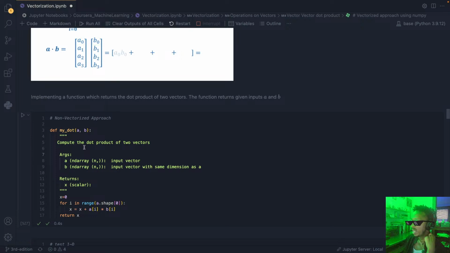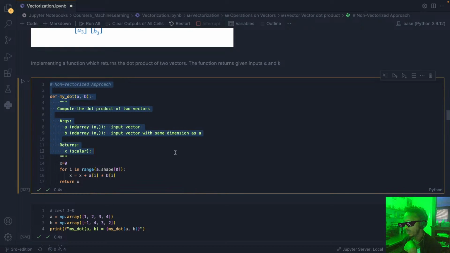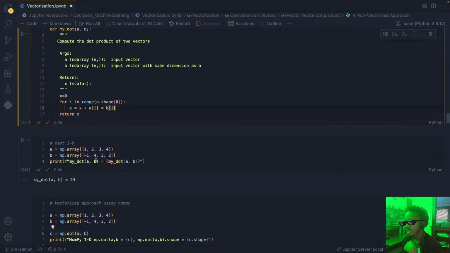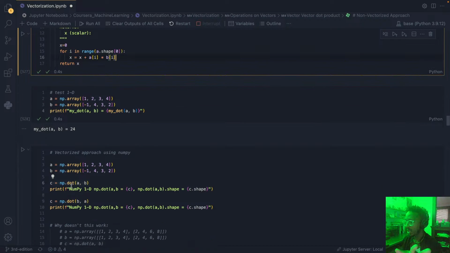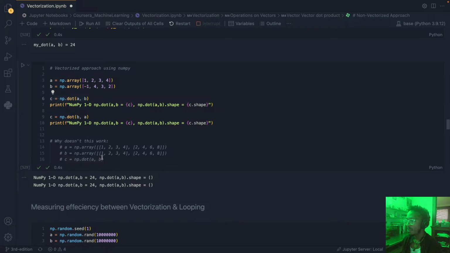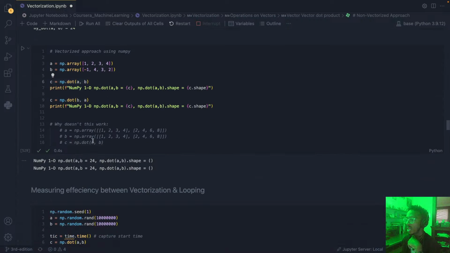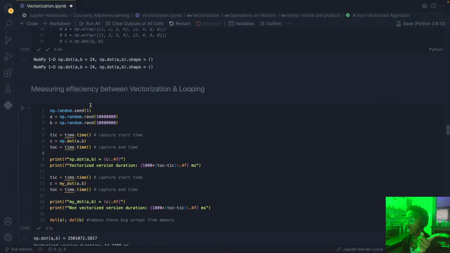If you were to pull up this lab, when you go look at the PDF, I have a non-vectorized approach in here. But just remember that you don't have to do it that way. You can literally just take two vectors that are the same size and call np and it'll give you a new vector of C, for example, and that's going to have the same length as your original two input vectors. And it's going to have for each index the dot product for those indexes. So that's just a quick way to do it, and it's also faster because if you don't do it using the numpy